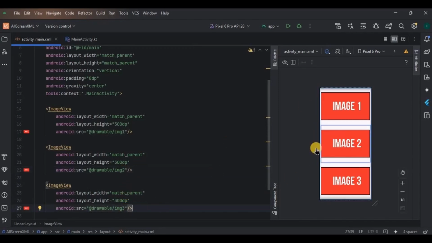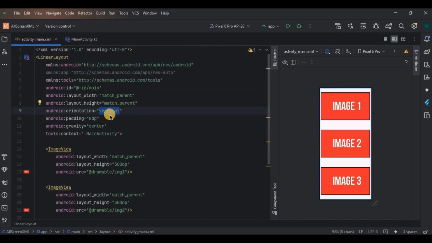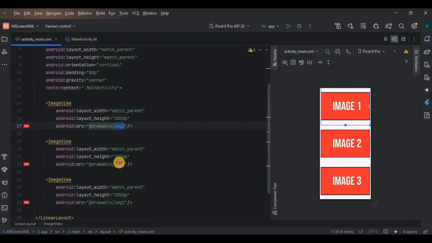And done. Look, we have a vertical linear layout with 3 images consisting of image 1, image 2 and image 3. Simple. Let me run the app.